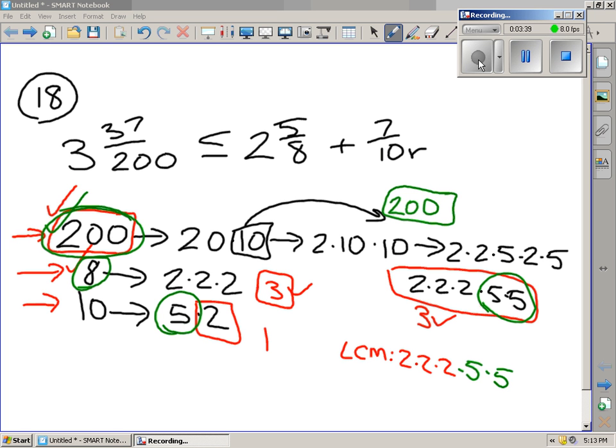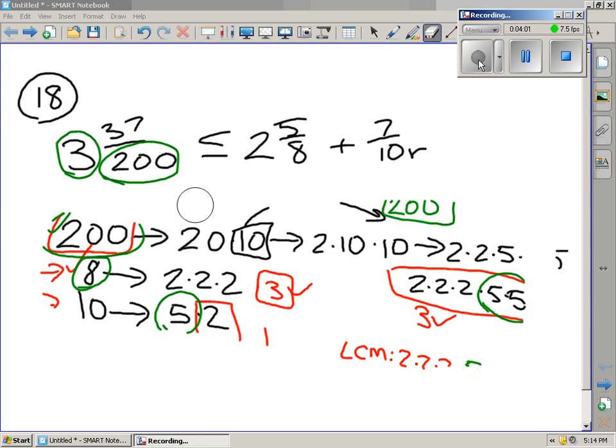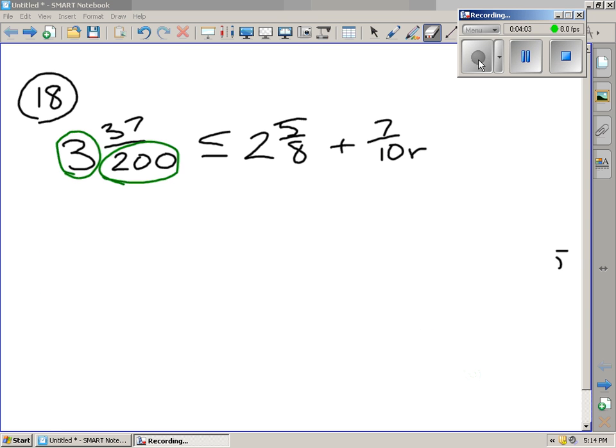The next step is to change all of our mixed numbers to improper fractions. So we take the 3 and multiply it by 200 and we get 600, and then we add 37 to that and we get 637. So I'm going to erase this work that we already did so we have room for this. So we have